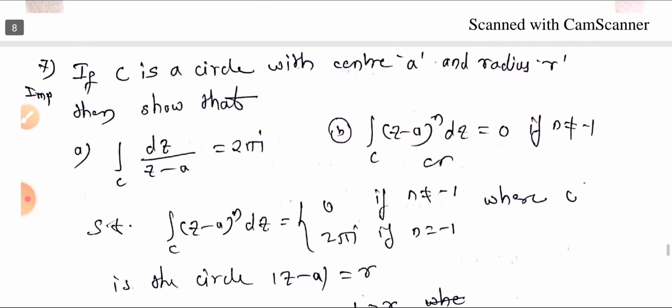So next example, if C is a circle with center a and radius R, then show that integral over C of dz by z minus a equal to 2 pi i, and integral over C of z minus a raised to n dz equal to 0 if n is not equal to minus 1, and it is 2 pi i if n equal to minus 1, where C is the circle mod of z minus a equal to R. So this is question 1. The solution should be,